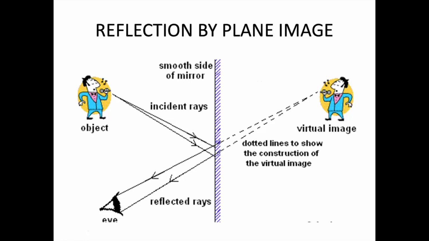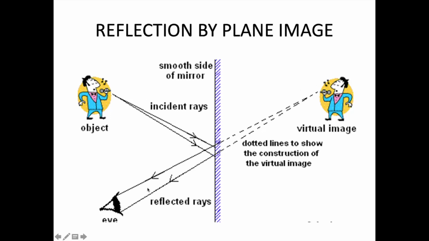Therefore, which type of image is going to form? A virtual image. And virtual images are always erect. Now, I said they appear to meet, so I have extended them on the back side of the mirror, and they are meeting. So in a plane mirror, the image is always formed behind the mirror. It is a virtual image because the reflected rays are not actually meeting.